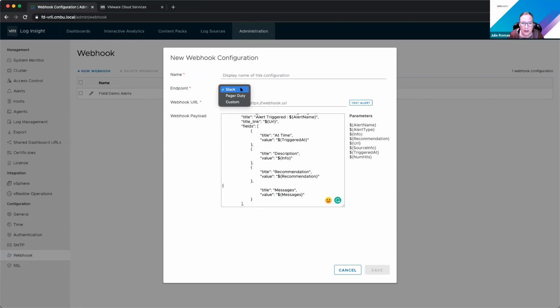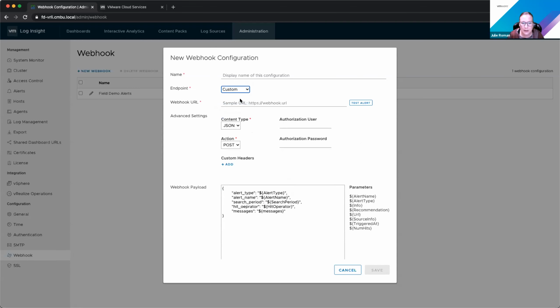And if you're doing a custom webhook, you have to specify the payload. And as we build upon this, we are working on other integrations. So I know ServiceNow is a popular one that we have a feature request in for. So hopefully that will be in a coming release. I don't have a specific date for that. But if you are interested in integration with a specific application and you don't want to do custom, just let your TAM know and we can add that to the list.